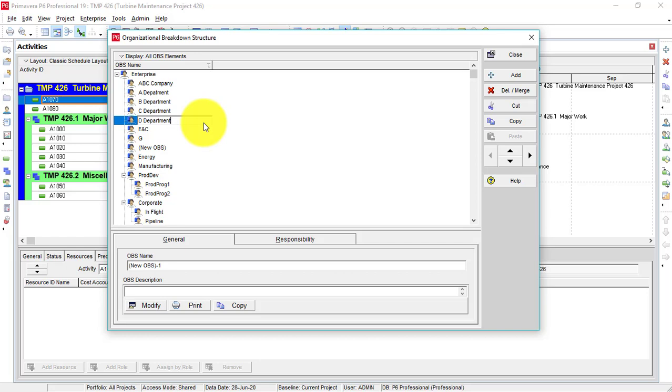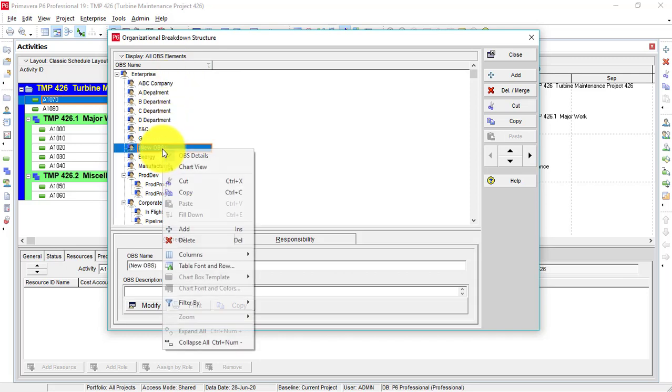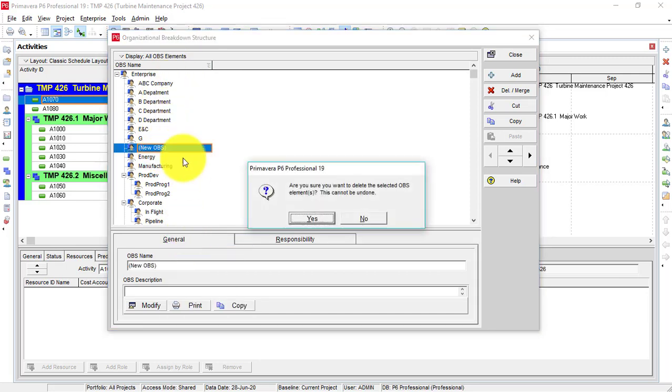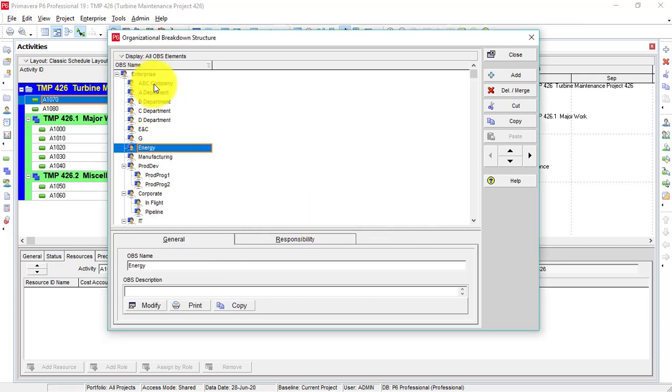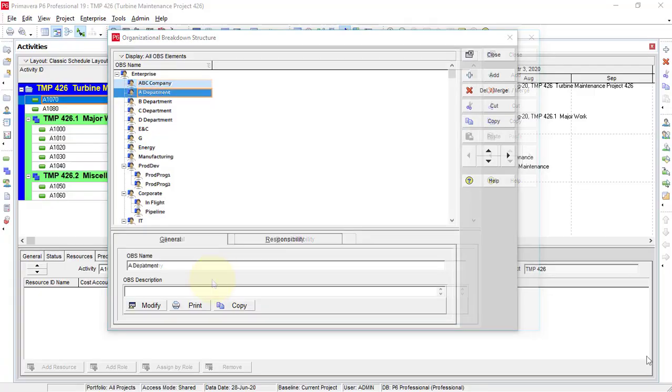It's all up to you, dear students, so don't worry. That's why I'm not going to put specific departments here, because many students during their practice are confused. You can first add your company name, then different departments like engineering, construction, finance, procurement.